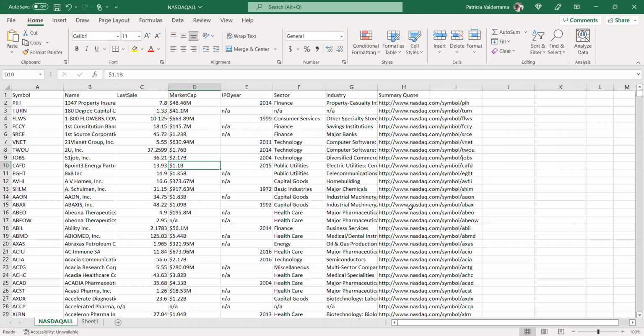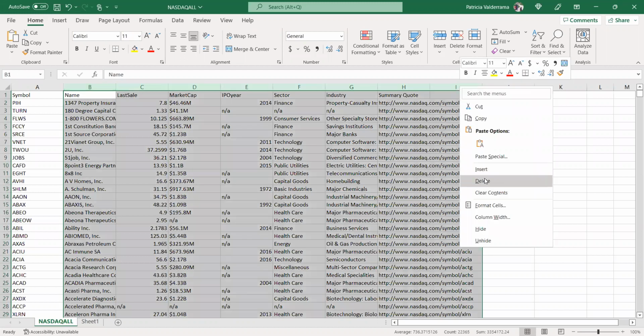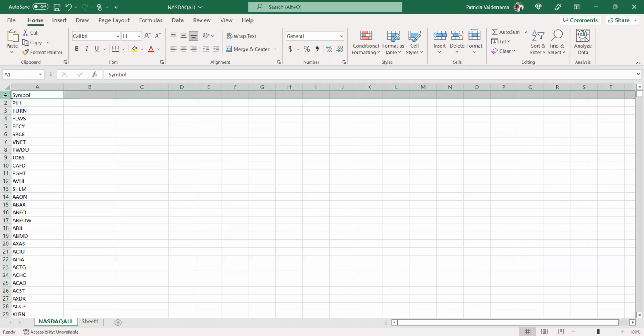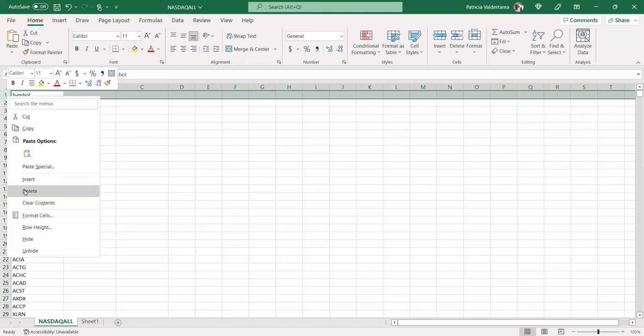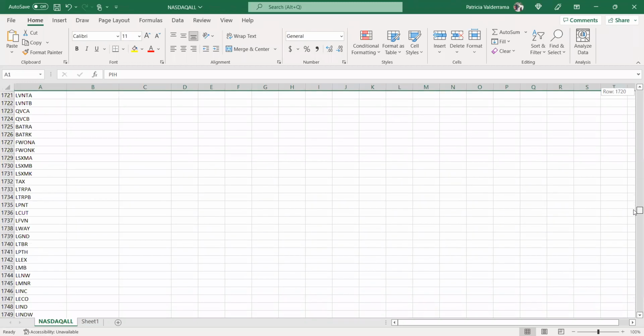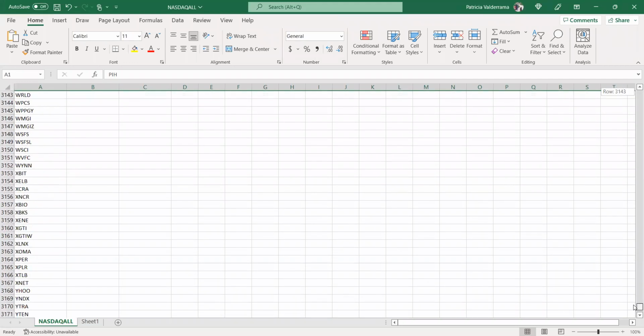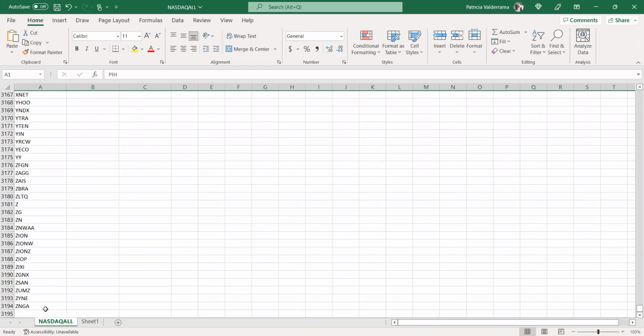And you see this list has a name, last sale. So the first thing that you have to do when you have these types of lists is clean it up. You have to delete pretty much anything besides the symbols. If you have all of the symbols, but you have a title, you have to delete that and probably scroll down to the list and see if the list has something that you may want to delete. Sometimes they have a name or a date at the end of the list, so you have to